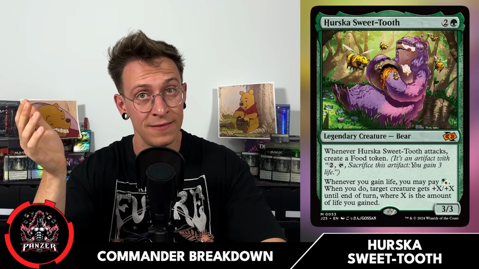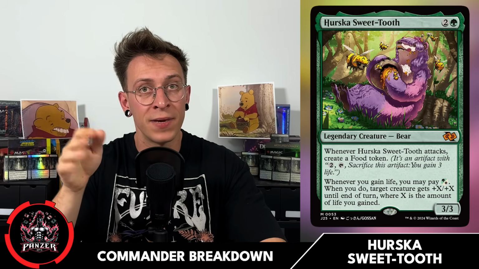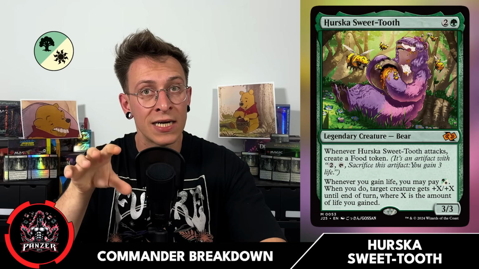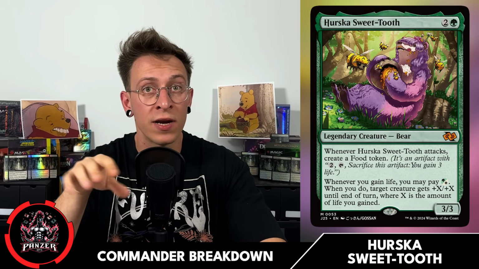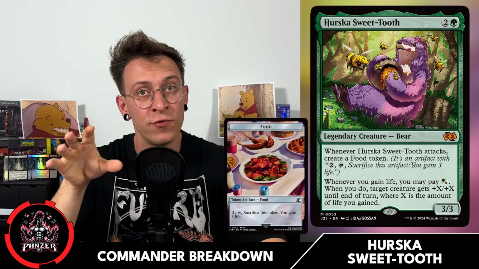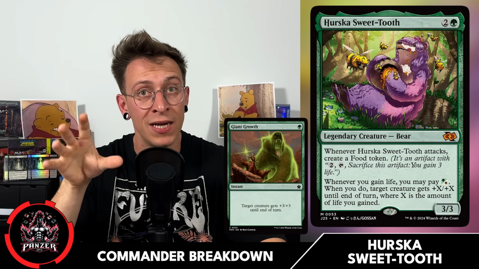And the second ability, and this is where things get really interesting: whenever you gain life, you can pay either a green or a white mana and target creature will get +X until the end of turn, X being the amount of life you just gained. That means every food token you sacrifice can suddenly turn into a free Giant Growth at minimum, and it gets